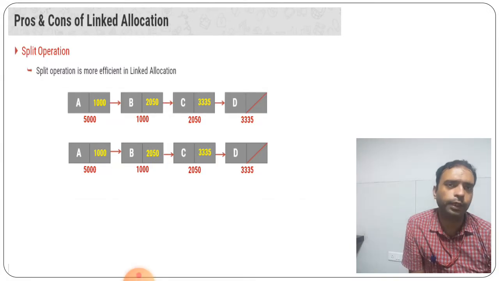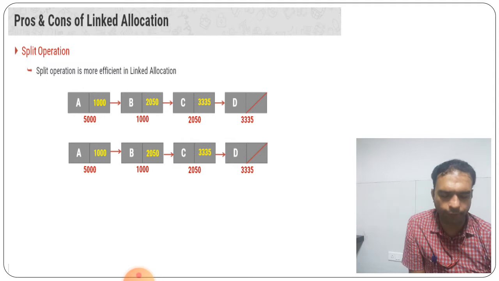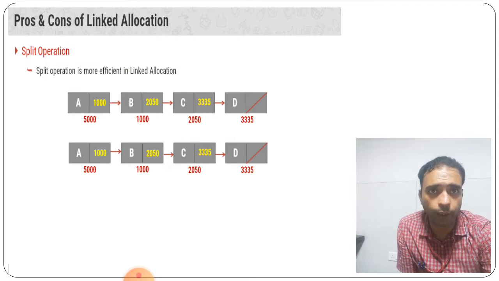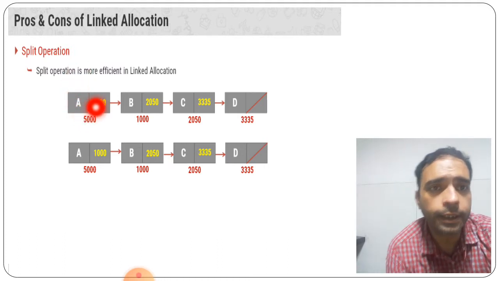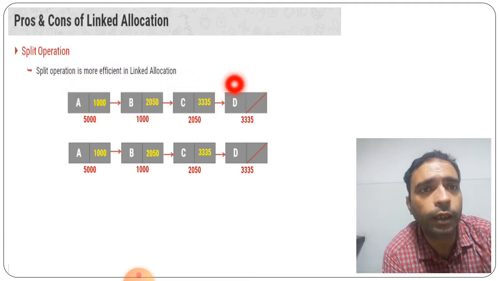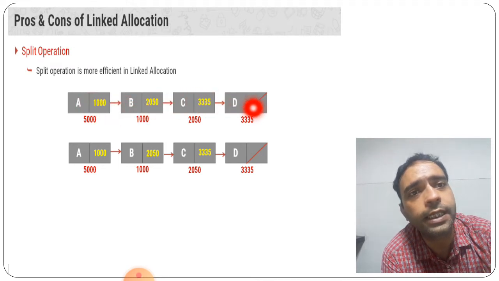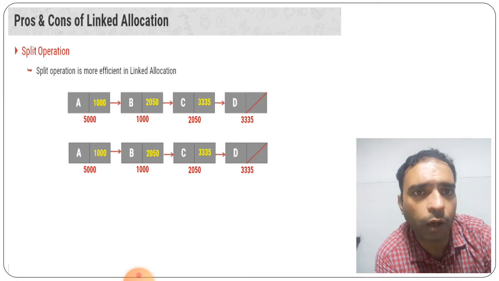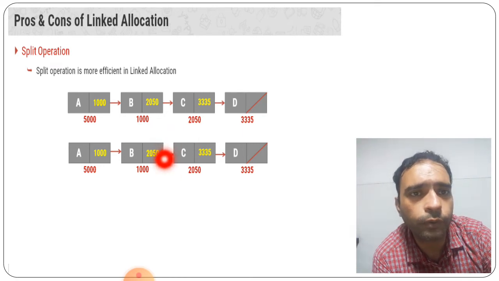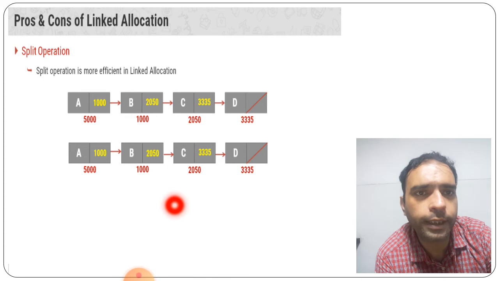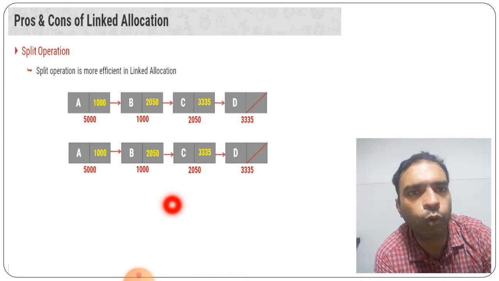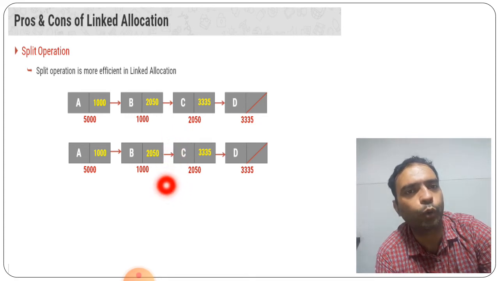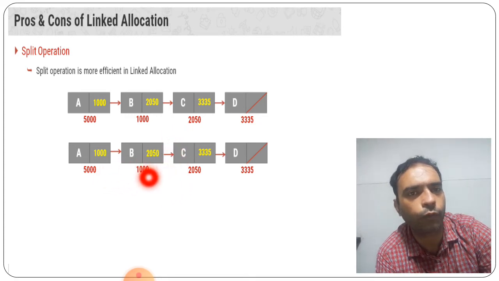Now the split means what? Split means we have to divide the particular linked list into two parts. So for that, what we are doing: here the particular linked list is given, A, B, C, D, here also A, B, C, D, the same is given. Now suppose we want to divide these 4 nodes into 2 different linked lists with the same number of nodes.